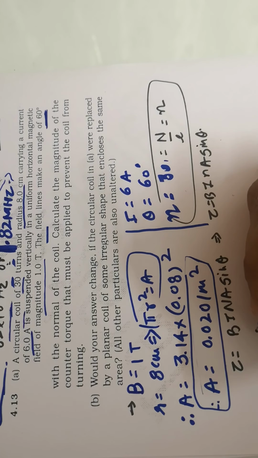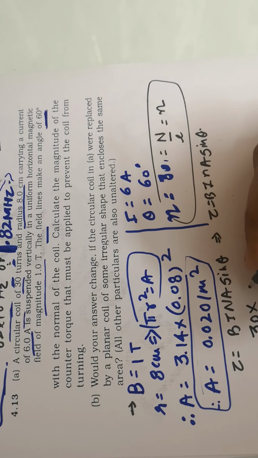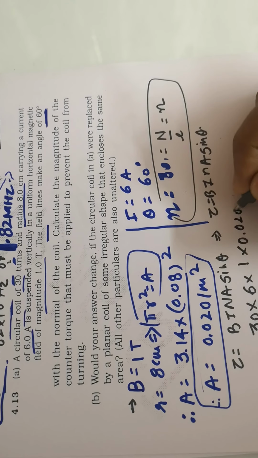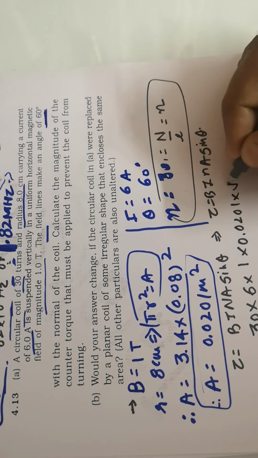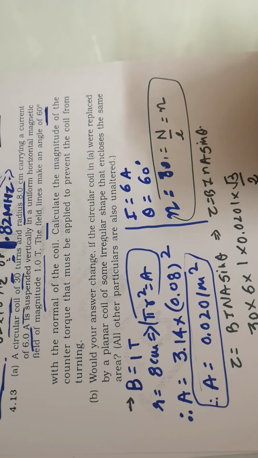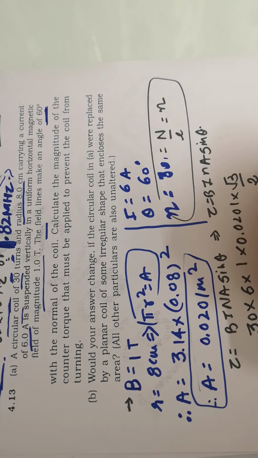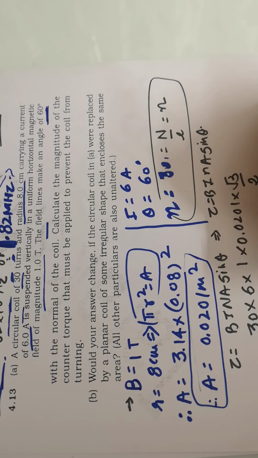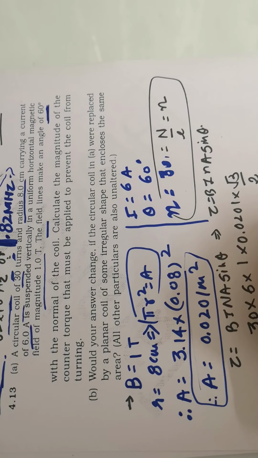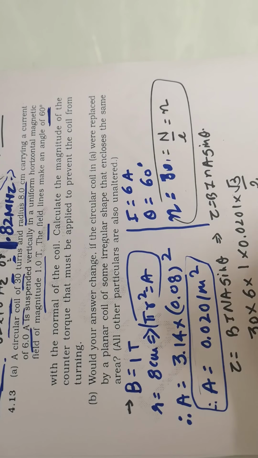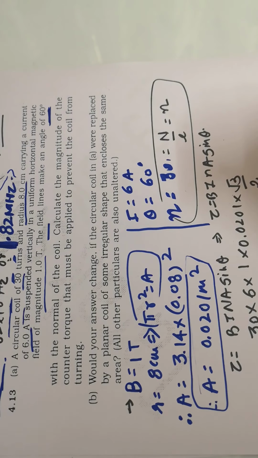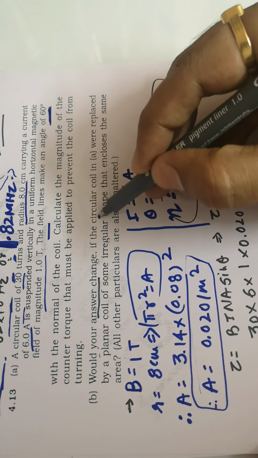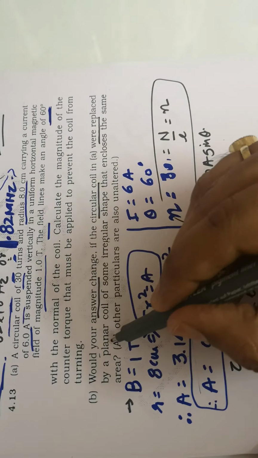I am putting in all the values: 30 multiplied by 6, 1, 0.0201 and root 3 by 2. So I get 3.133 Newton meter, or you can say the torque is in joule. Now they have asked another question: